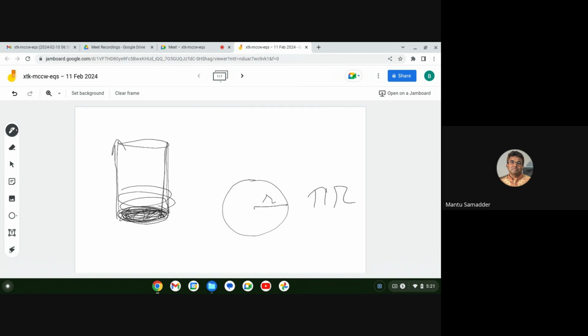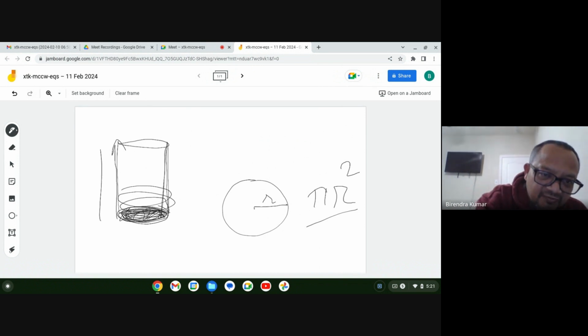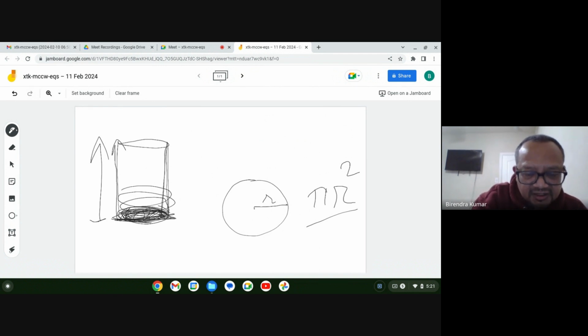Area of a circle is pi times r squared. Now, if I have to find the volume of the cylinder, what will I do? I will find out the area of the circle, or the cross section, and multiply this with the height. Okay. So my volume of a cylinder is